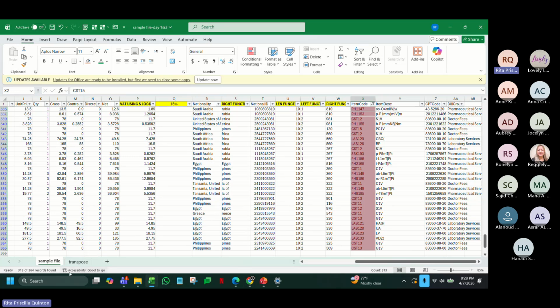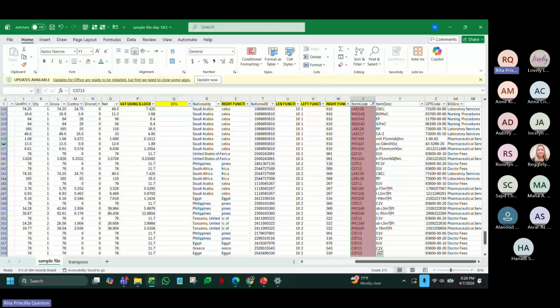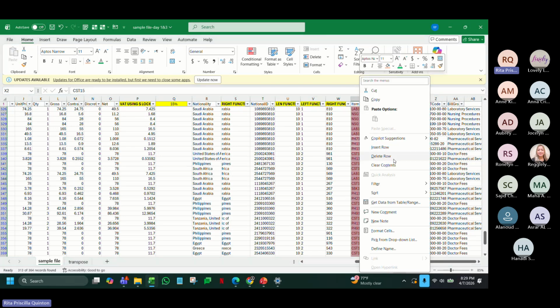Okay, so if I don't do Alt semicolon, there's no break here. There's 333, 335, and 337. Sometimes when we delete in Excel, even the rows in between this 333 and 335 are also deleted. So for me, since I always want to be conservative and safe, I only select those by pressing Alt semicolon. So you will see there's a break here. So even if I delete them, it will only delete those highlighted cells.